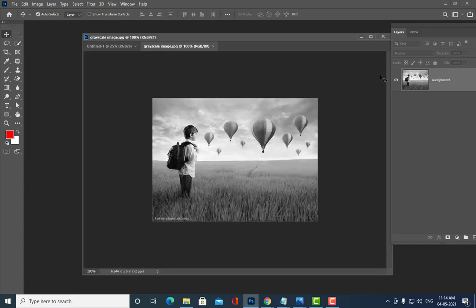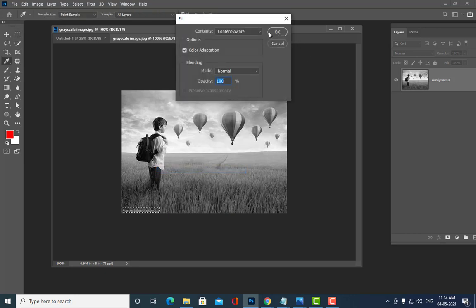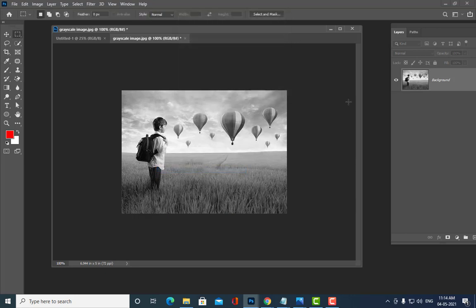The first thing we have to do is crop this image, because I don't want this unwanted text here. You can crop it, or instead of cropping, you can also do something like content aware. So right click, fill, content aware. So now we can start doing the color corrections.